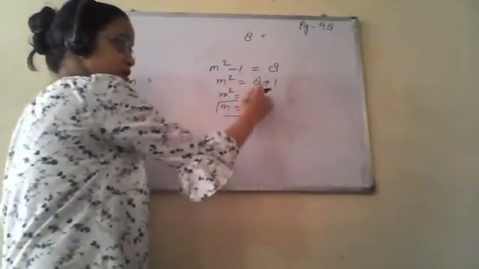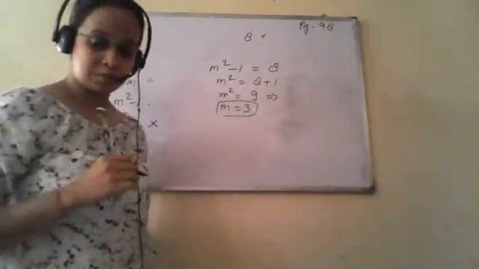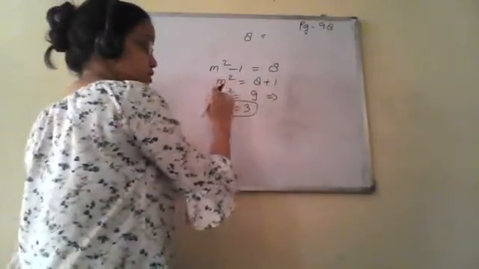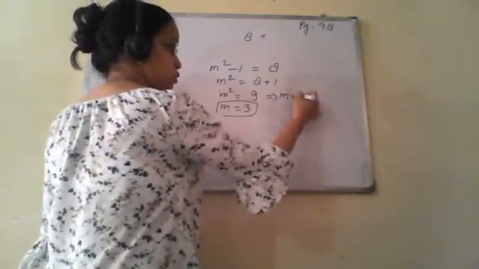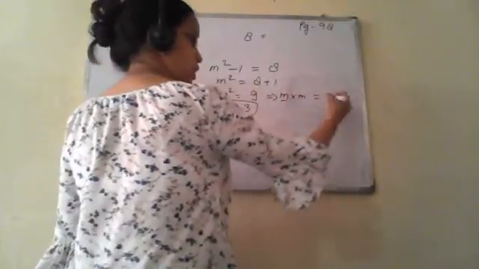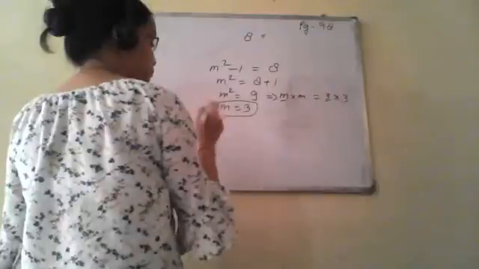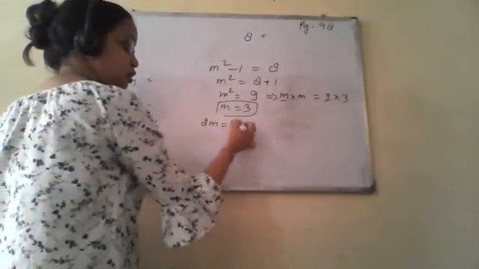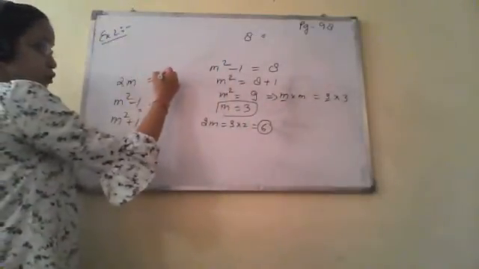How is it 3? We can write this with the square root. I will explain in later topics or later sections. So you can understand it in that way, that m square is m into m and this 9 is 3 into 3. So from here we can take m equals 3. So value of m is 3. Therefore value of 2m will be 3 into 2, that is 6. Clear? So we have value of 2m, that is 6.